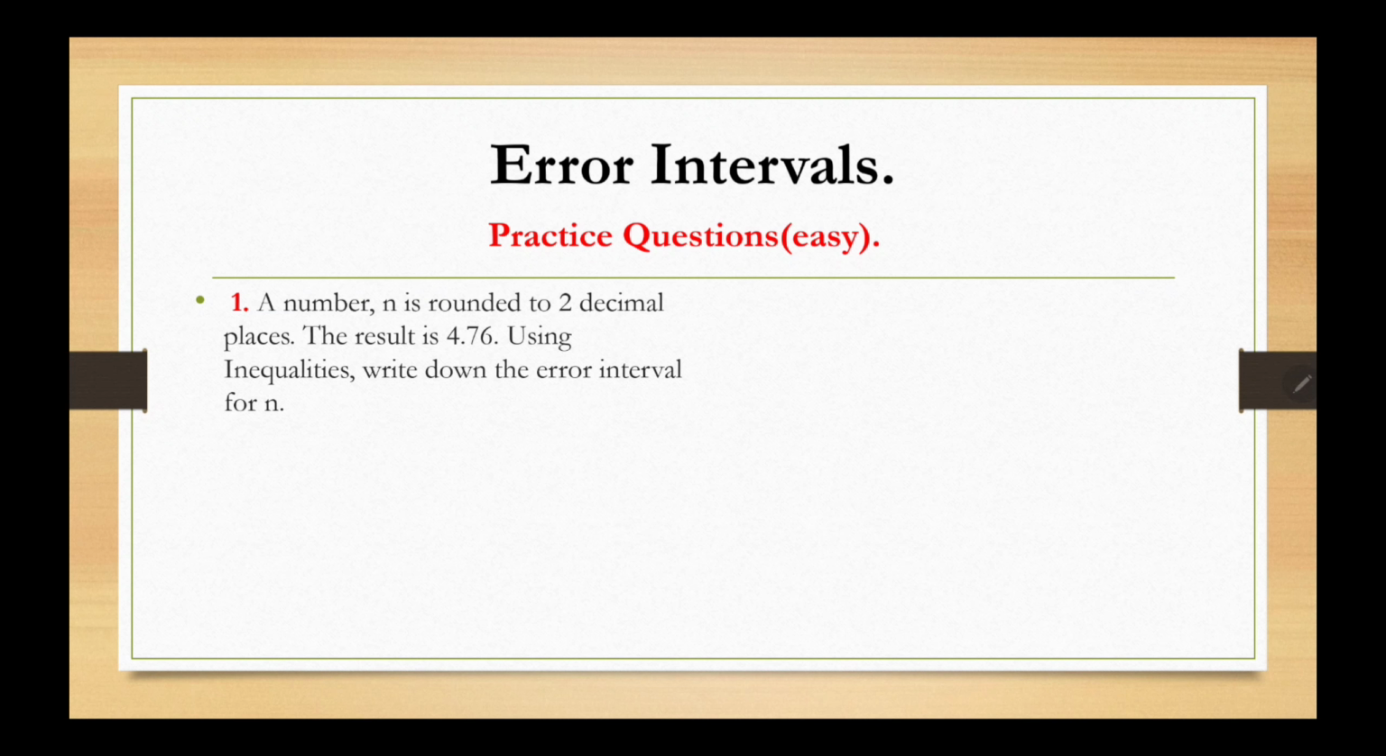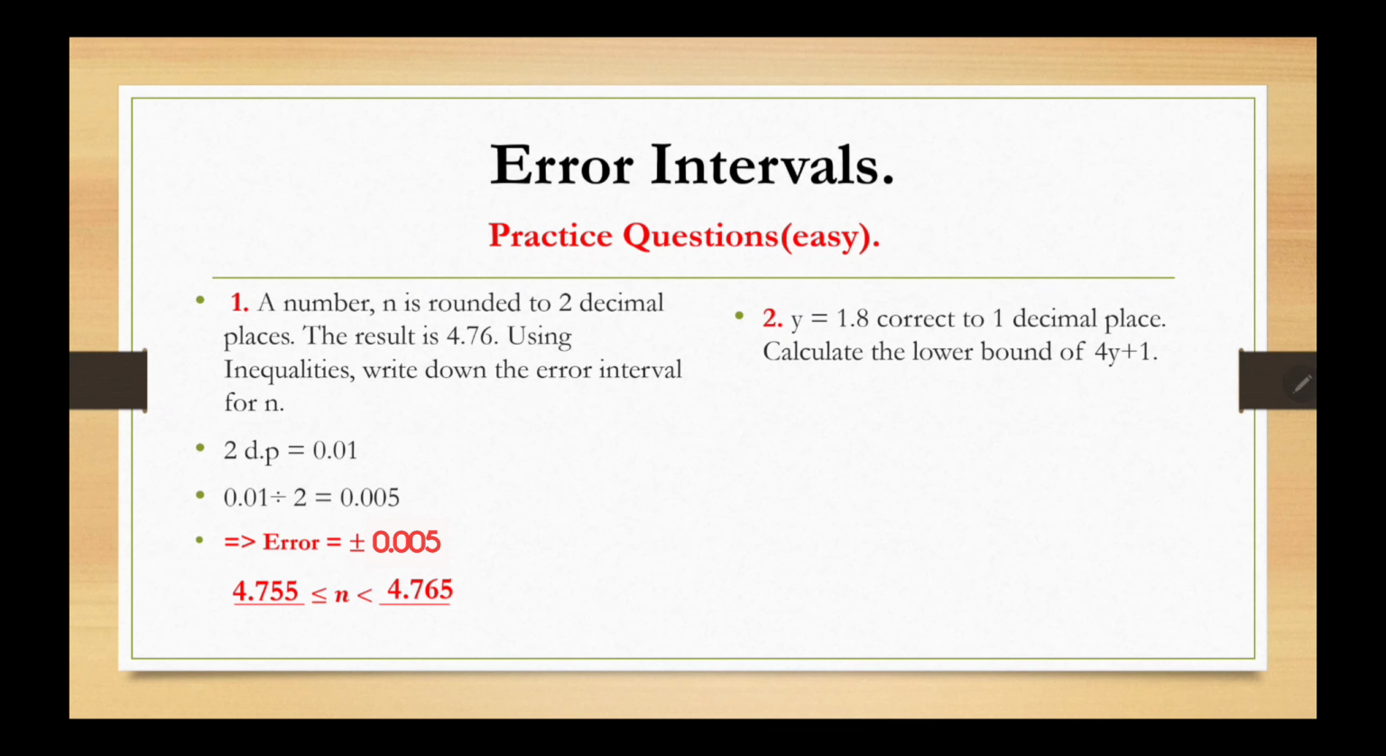Using the inequalities, write down the error interval for n. So 2 decimal places mean that the degree of accuracy is 1 over 100. Okay, so that is 0.01. And if that is 0.01, that means we have to divide it by 2 and we get 0.005. So it means our error would be plus or minus 0.005. So we need to add or subtract that from n and we get 4.755 less than or equal to n less than